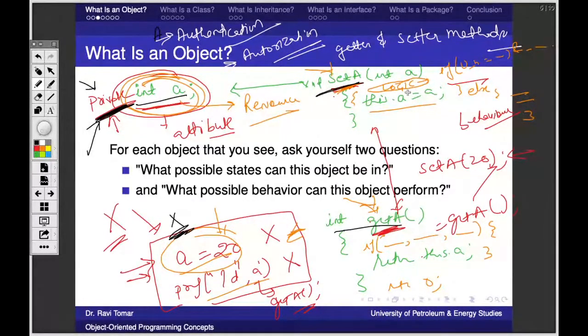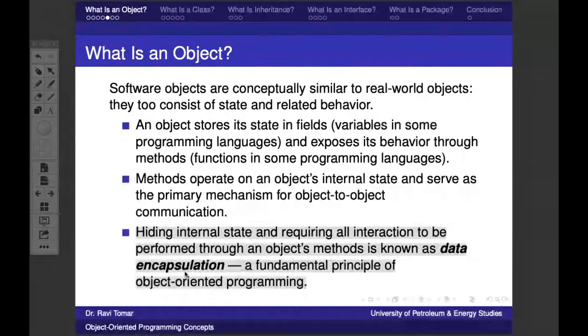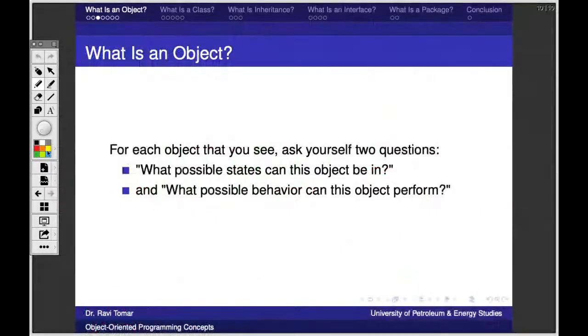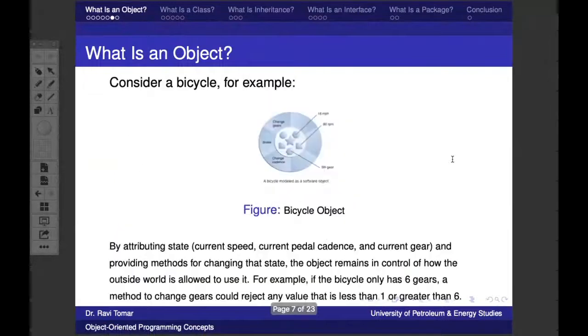If you want to set this value, you have to authenticate, authorize yourself, whatever function is written. So we are hiding the internal state and exposing it through some predefined method, and that is the fundamental principle of data encapsulation, right? Great. Moving ahead.